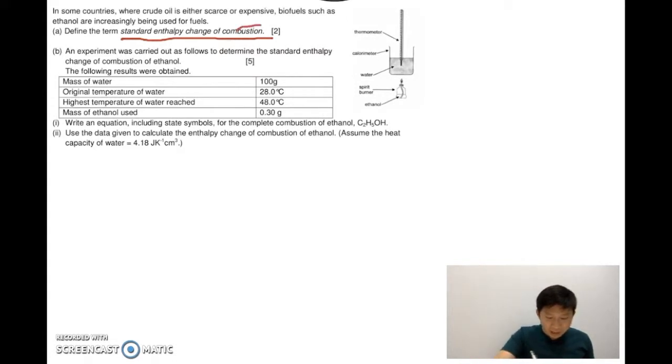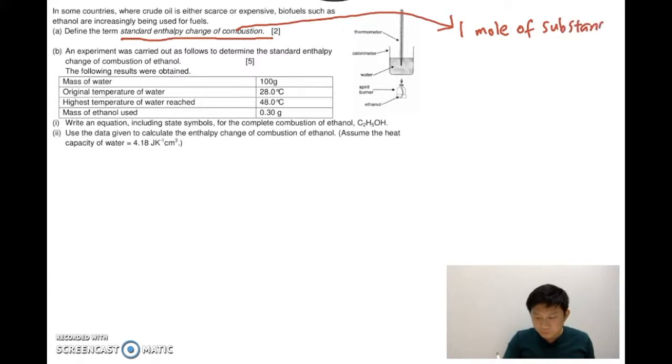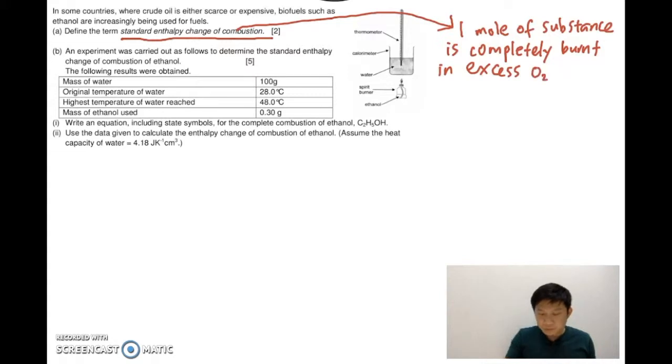So the key idea of this standard enthalpy change of combustion is the energy released when 1 mole of substance is completely burnt in excess oxygen under standard conditions. Okay, so the main thing is that the amount of energy released. Take note of this, and this kind of question you have to score, okay, because it's really free